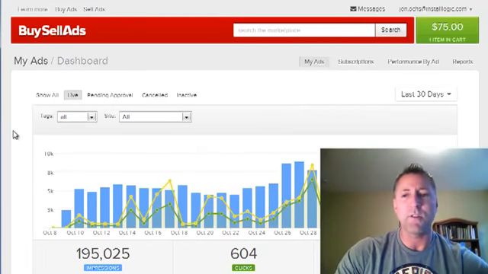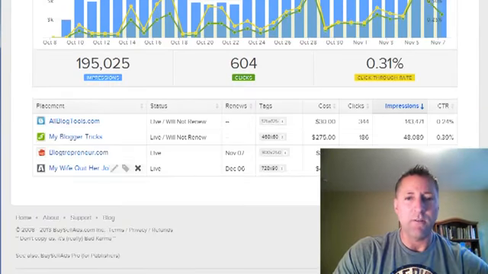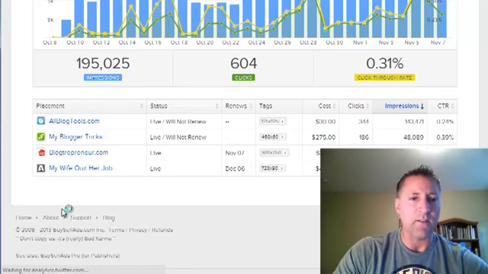If you go to done-for-you traffic through solo ads and those kinds of things, most of the time they're going to want a minimum of a couple hundred dollars. Most likely it's upwards of $500 to $1,000 just to buy in. Whereas with banner ads, you can get stuff very, very inexpensively and start testing it. You can see I have this one for $30, $37.50. This one I just started for $42. Let me show you that site.